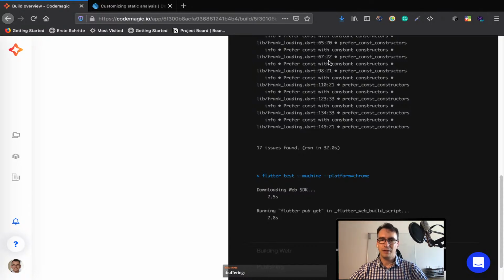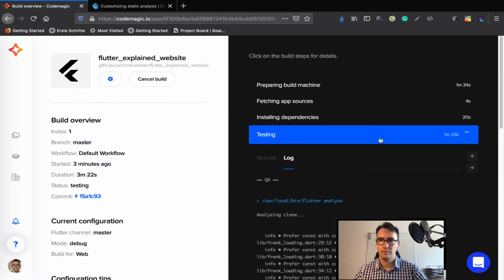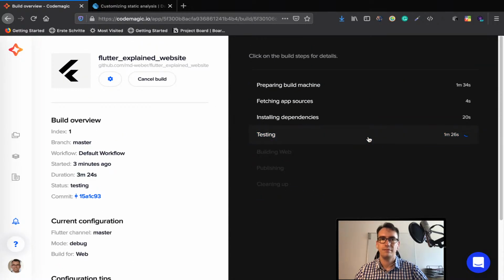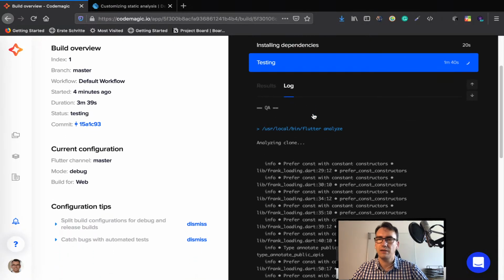So let's see where we're coming to. We are running the pub get again for the Flutter build package and so on. I can turn up the music a little bit. So the thing is, all the steps in this build pipeline can be reproduced manually, locally. So when you go in here and receive an error, for example in the testing,